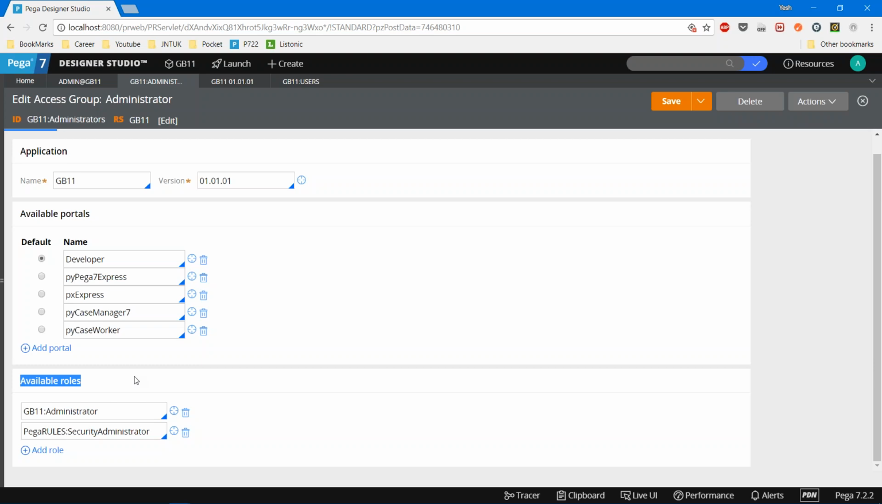What will a junior resource be doing? A fresher will be doing scrap work. A senior person gives work to that fresher, and a manager gives work to the senior. That is basically how, based on the role, you will have your work and your tasks. So here, if you see GB11 administrators, if you open this particular role,